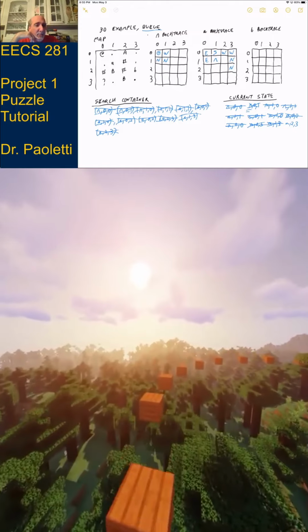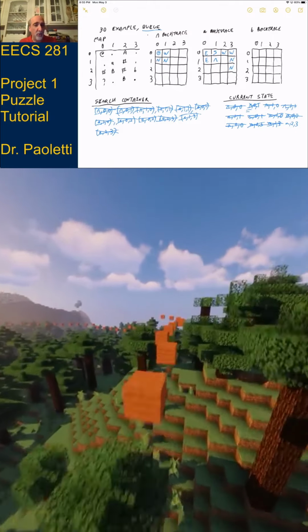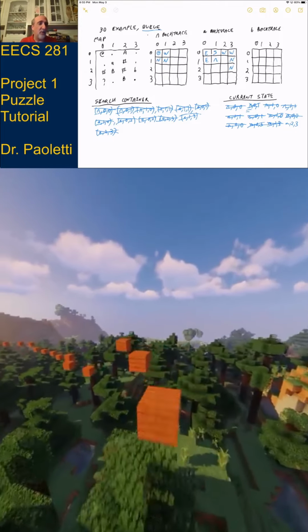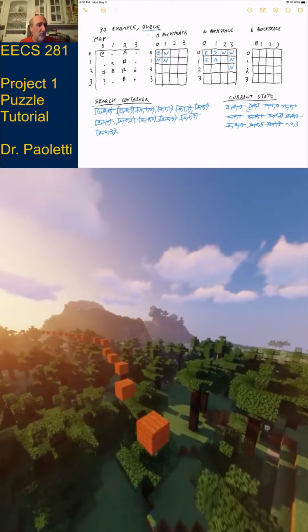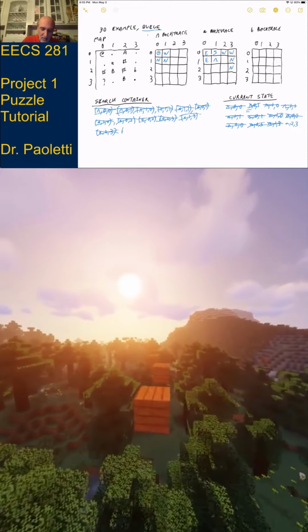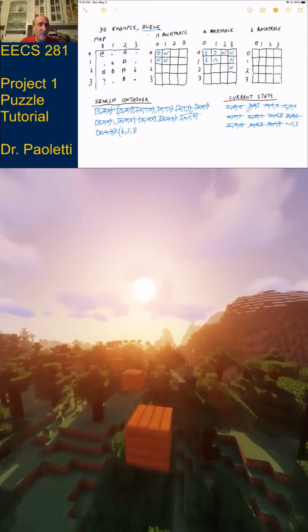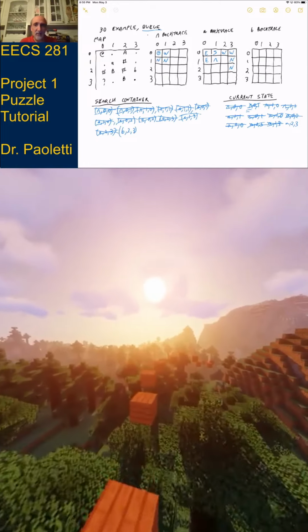Have I ever been to B23? 23 is my current row and column. I'm looking in the other color. So have I ever been to color B, row 2, column 3? No, Backtrace says I've never been there before. Okay, so let's add B23 to my search container, and let's mark B23 as how did I get here, right?